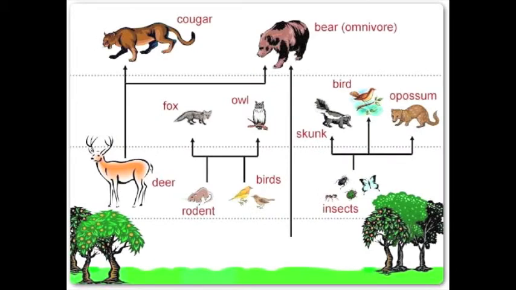Many of the food webs present in a temperate deciduous forest begin with insects and proceed to small rodents and birds. From there, small land predators and birds of prey succeed them, with the top of the food web being influenced by large carnivores and omnivores like bears, wolves, and mountain lions.